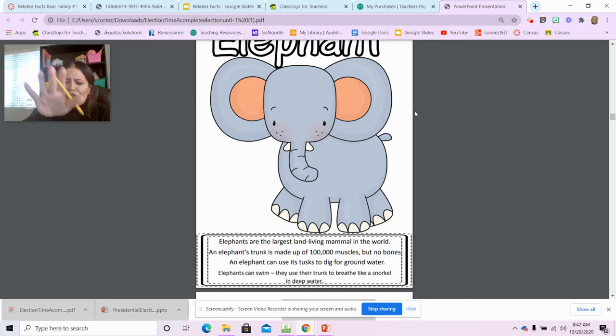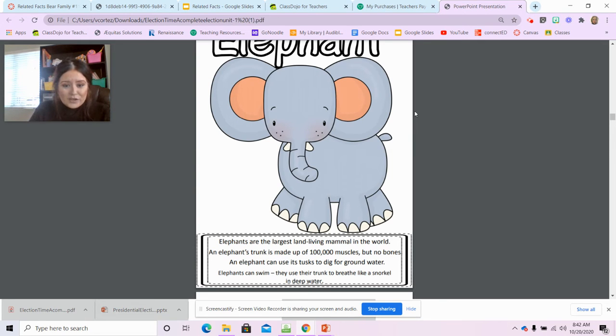An elephant's trunk is made up of 1,000 muscles, but no bones. So their trunks are very strong, but they don't have bones, so they can't break their trunk. An elephant can use its trunk to dig